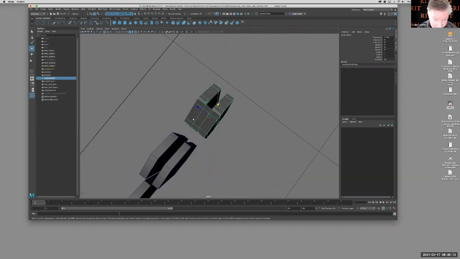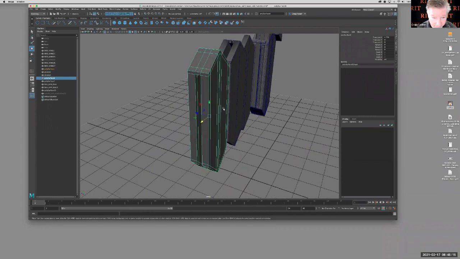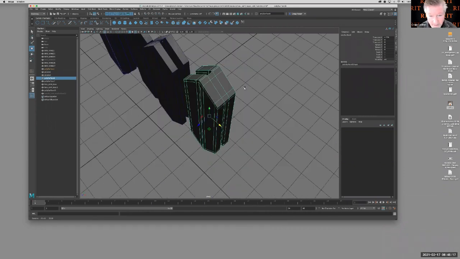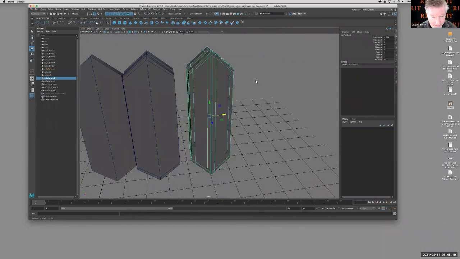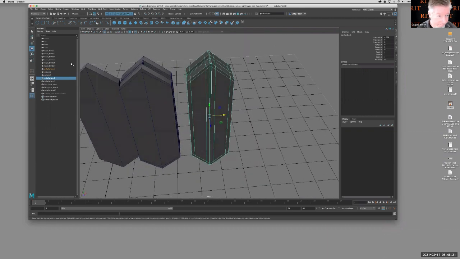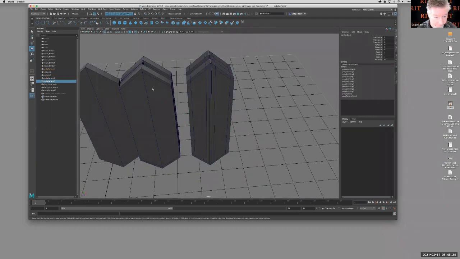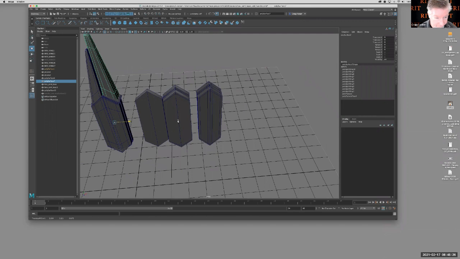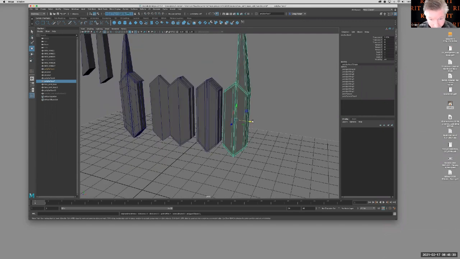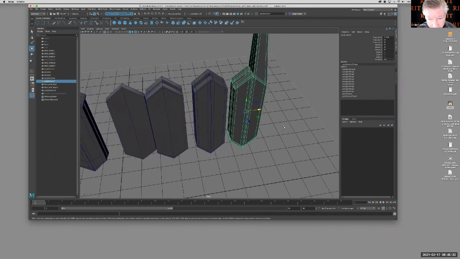We've got a flat surface for the handle down here, and a flat surface for the handle on the opposite side here. And here's an example of how then that